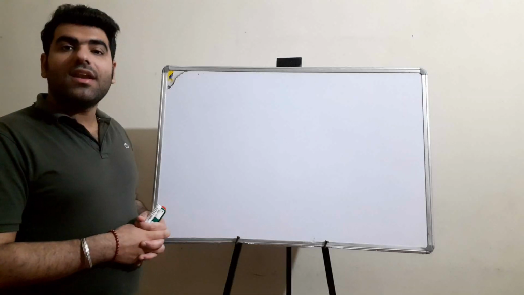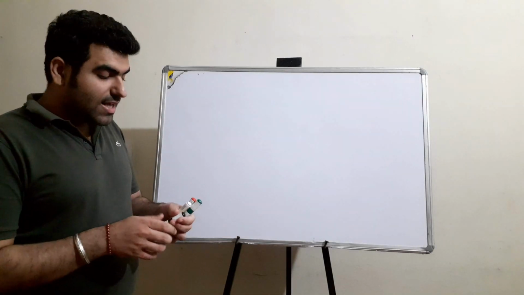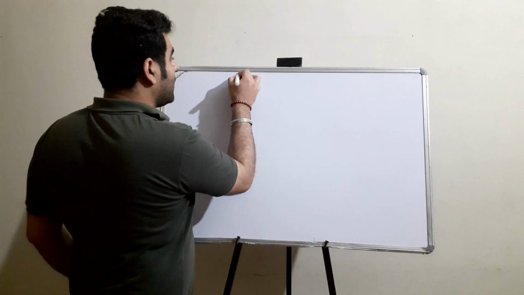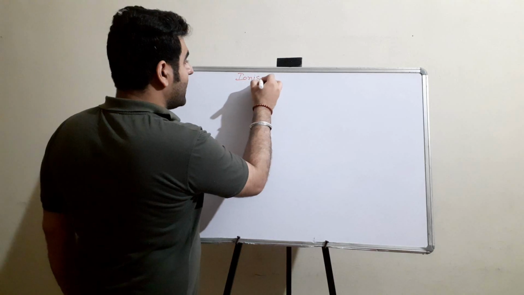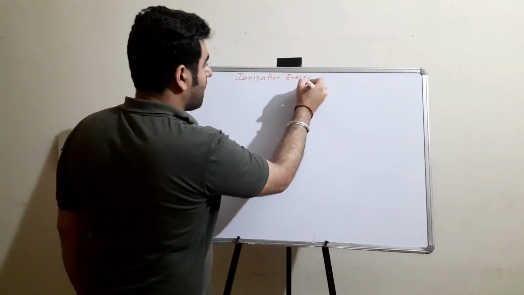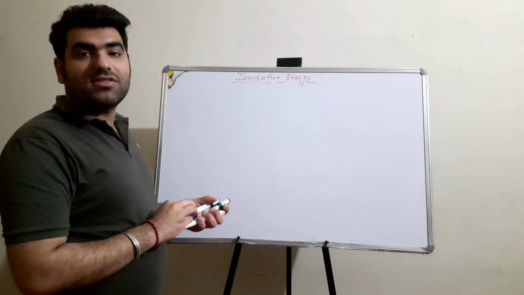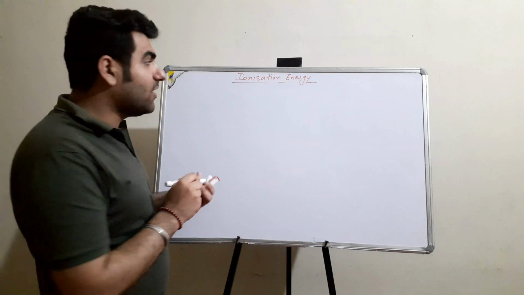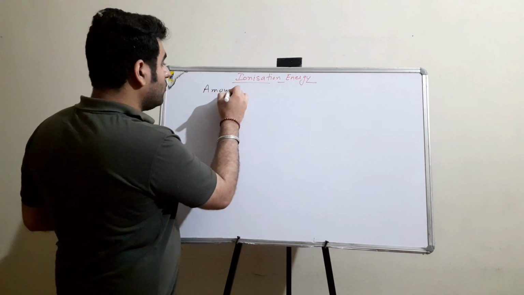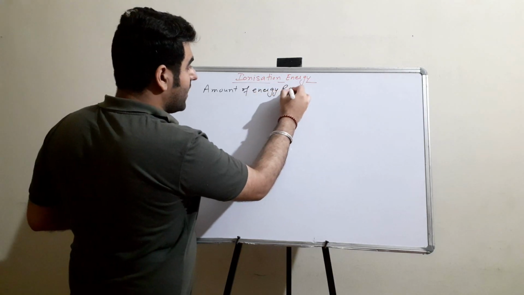Alright students, so we are now going to discuss the next periodic property, which is the ionization energy. So the next topic that we are starting is the ionization energy. Let us just quickly define this and then we'll see its trends along the period as well as down the group. So ionization energy is the amount of energy required